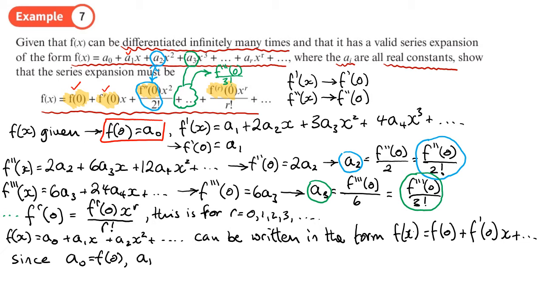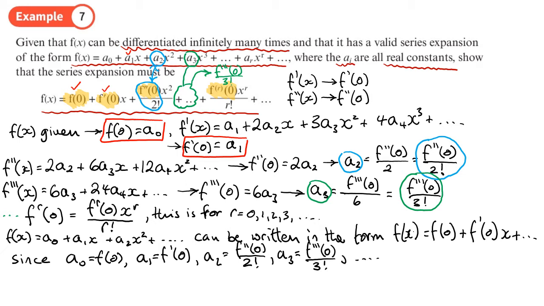Well, a1 was here. a1 equals f dash of 0. a2, what do we say a2 was? f double dash of 0 over 2 factorial. a3, we did that one. f triple dash of 0 over 3 factorial, and we'll just show that actually the pattern is the rth derivative